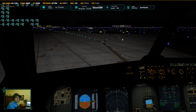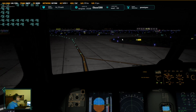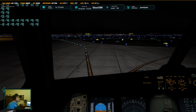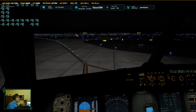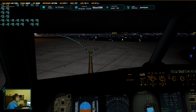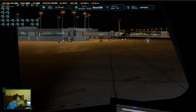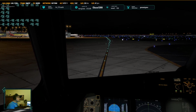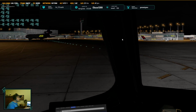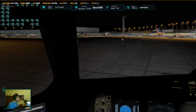United 2097, Juliet, crossing 22 right and going to Charlie 24. United 2197, correction, taxi via Bravo, Alpha 4, Alpha. Bravo, Alpha 4, Alpha, United 2197. Is there a reason we're joining Alpha 4? Can we just go straight ahead here? That's what I was saying. United 2197. All odds are going out, evens are going in, so Charlie 24 right ahead of us. Alpha 3 would take us right there. If we want to make a loop, we can do that, but United 2197, I'm just following what I was trained, so...